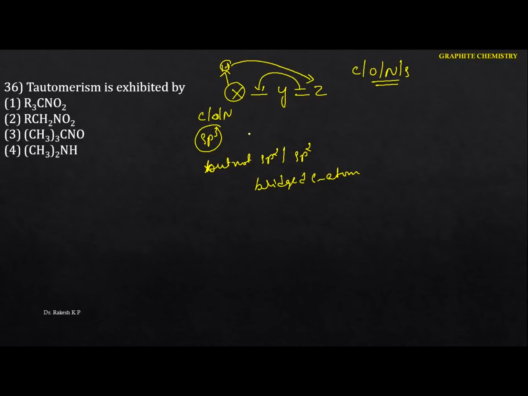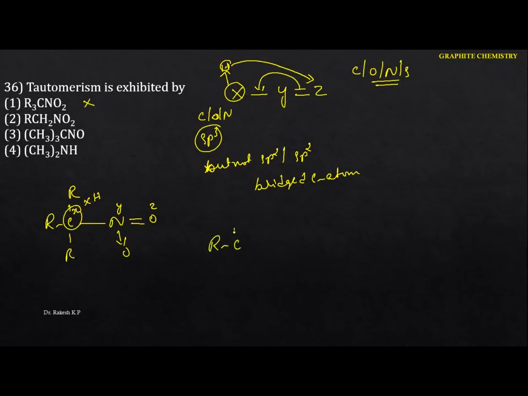If we follow the condition, let me go to this one here, where we have R3. Just identify this one. I write the N double bond O and single bond O. This is Y, this is Z, and this is X. X is carbon with sp3 hybridization, but this X does not contain a hydrogen, hence this one does not show tautomerism. Just go to the next one here.